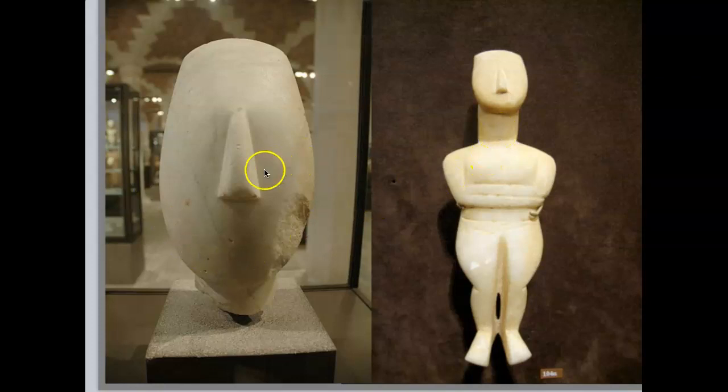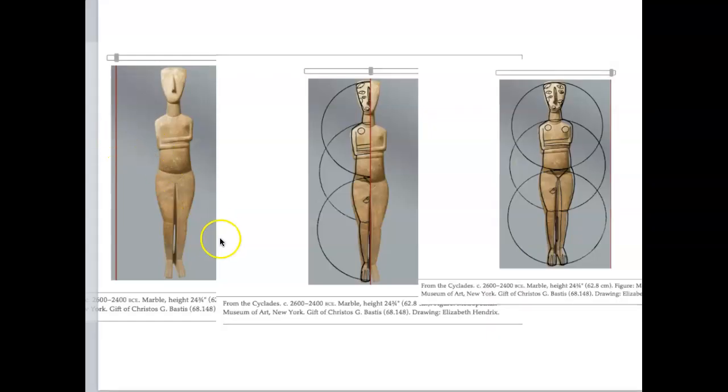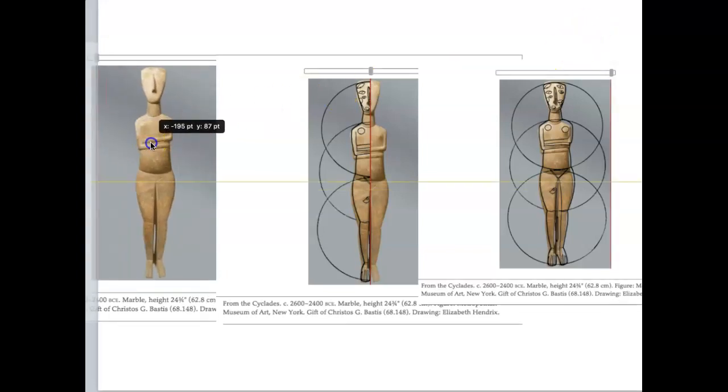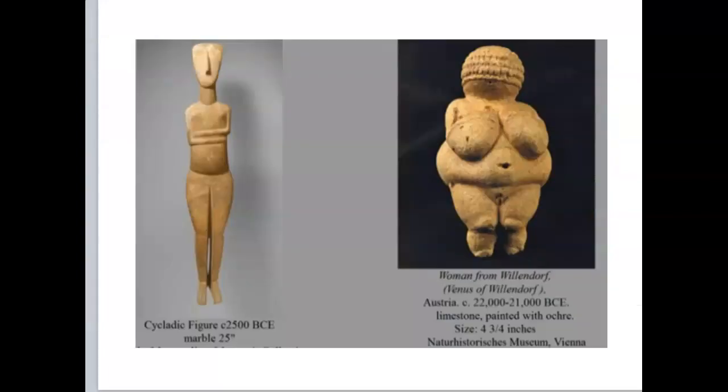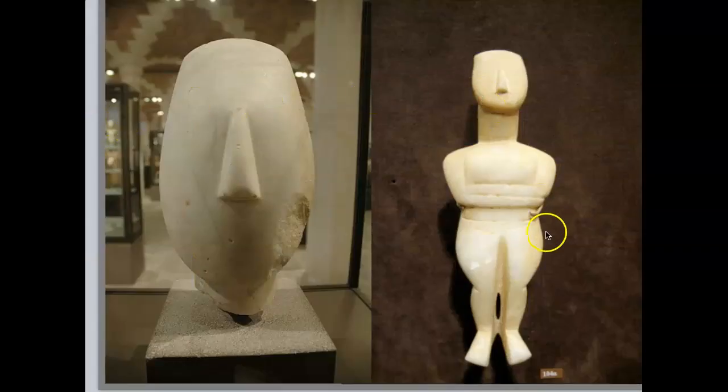And you can see that there is a very sort of flattened, simple aspect to them. And what's interesting, I believe this is a drawing that I pulled from your book, where they really are analyzed by a very specific geometric system, 3 circles that intersect. And it's interesting to compare the Cycladic female figure to really the first piece of art we talked about this semester, the Venus of Willendorf. But the sculpture is really reduced completely to its pure geometric essentials.